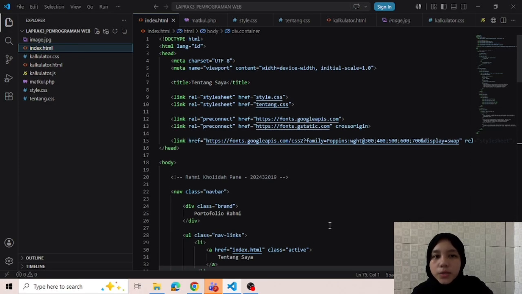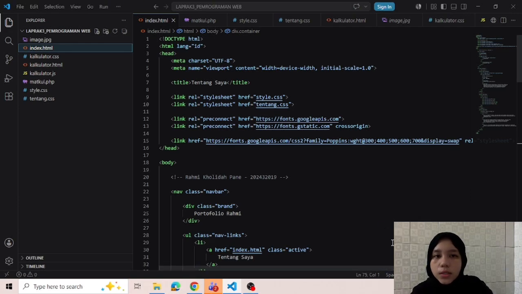Okay, first I will explain the index.html file. This file is used to create the about me page. At the beginning of the file, there is a head section that contains the page title, responsive viewport setting, Google Font, and link to the CSS file.